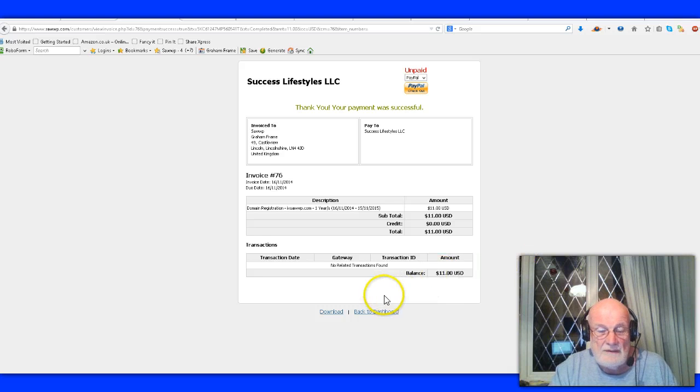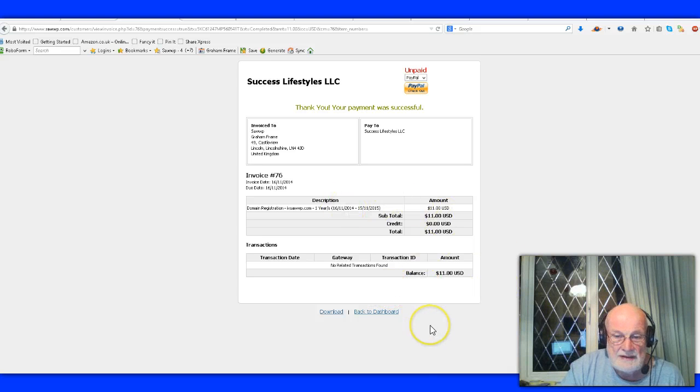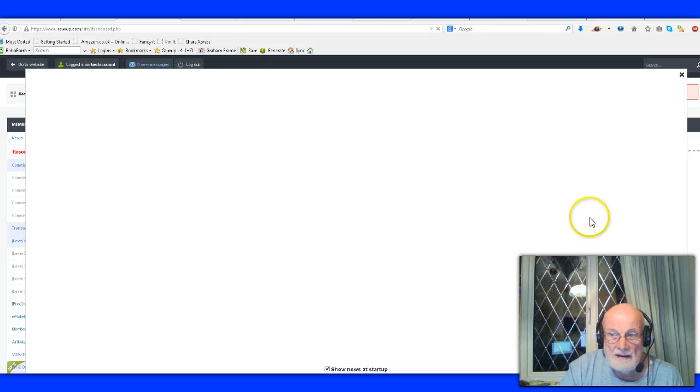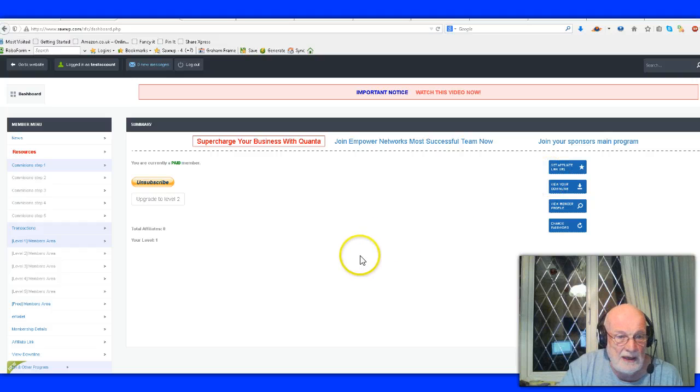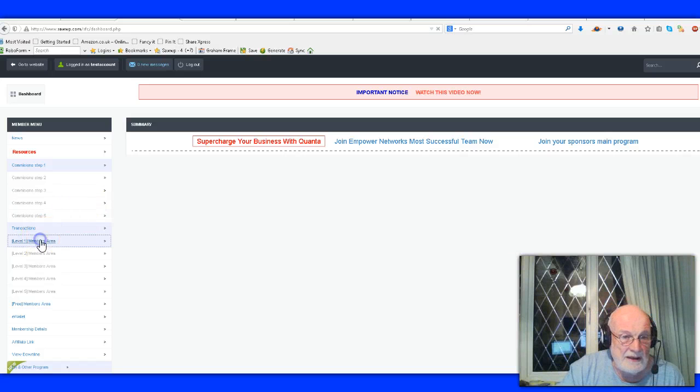So you can download the invoice. You will also get an email with the invoice in it. So there's no need to download it, but you can if you want. Now if you click on this back to dashboard, and we'll go back here, and you're back here. Now you've now registered your domain. So if you click here again,